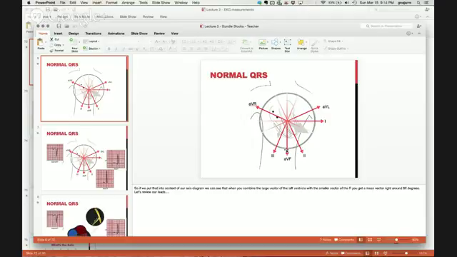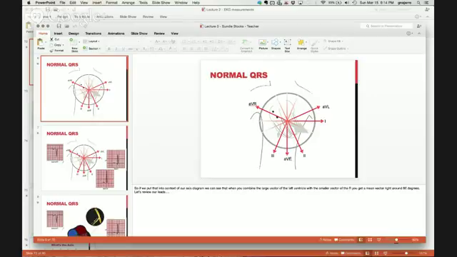So that's how you narrow it down between the 4 quadrants. Now to go further, to narrow it down to one of these increments of 30 degrees, I apologize because these lines aren't perfectly 30 degrees apart, we would look at the leads within that quadrant. Okay, so if we're in the normal axis and it's positive in 1 and it's positive in F,